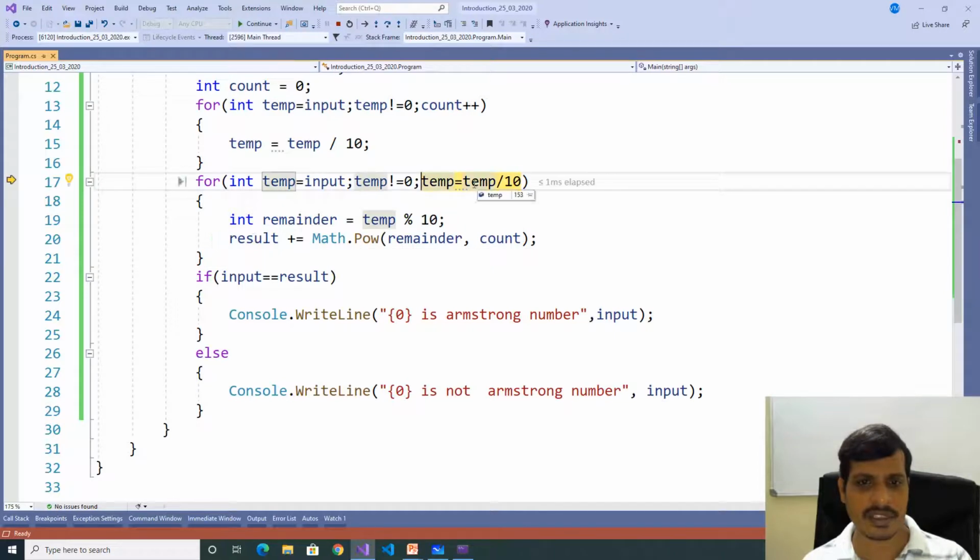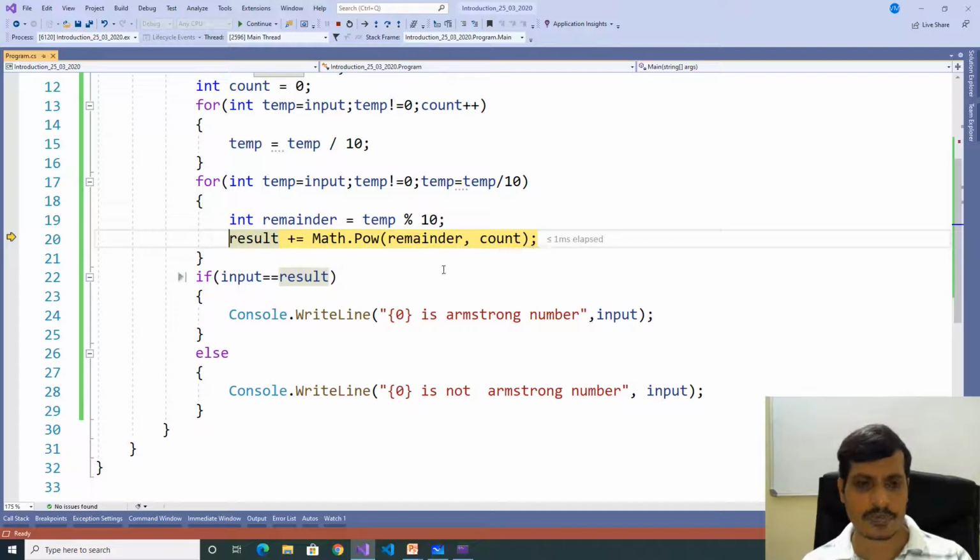F11. The temp is equal to 153. 153 divided by 10 gives quotient 15. 15 not equal to 0. True. Later 15 modulus 10 gives remainder 5. Here remainder 5. Math.Pow of 5 comma 3.